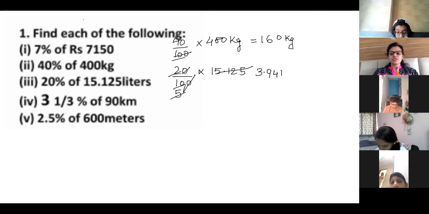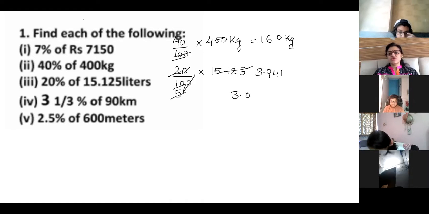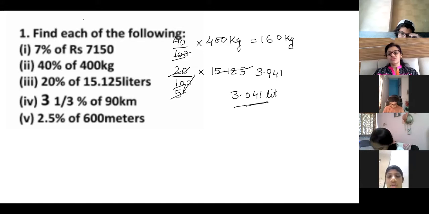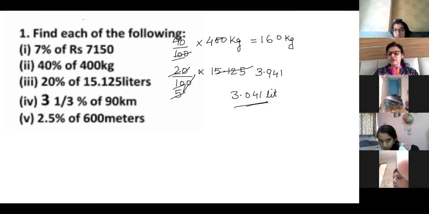So it is 3.041 liters, Munib. Okay. I'll show you the division if you don't understand. 15, what I did, the third part, is it clear to you, third part? Are you getting 3.041? How I got it, you have to ask me, because I am doing half of the calculation mentally. You have to ask me what I did if you don't understand. Okay. Yes, what did you do?